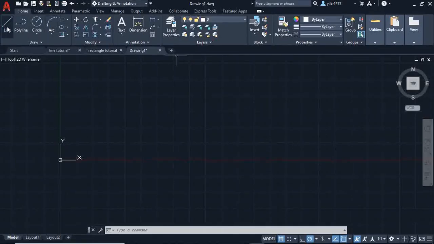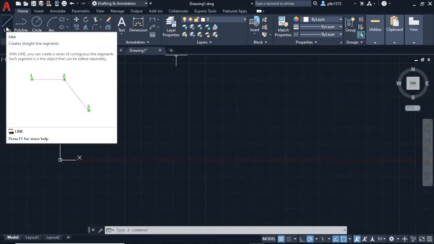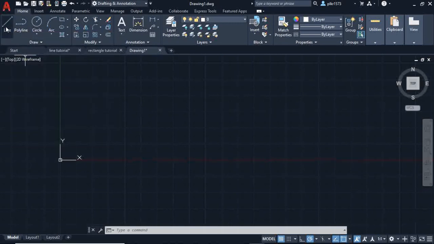Line. The line is the first and foremost option we are going to see. So if you place the mouse pointer on the line option, you will see the definition of the line. So I'll select the line and draw